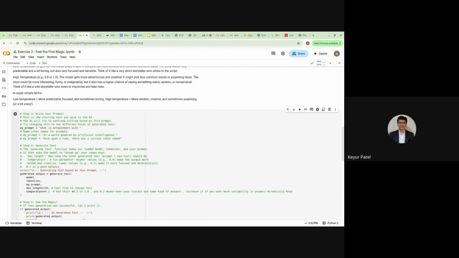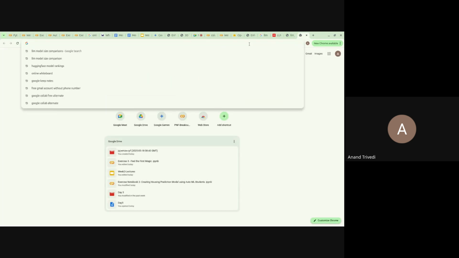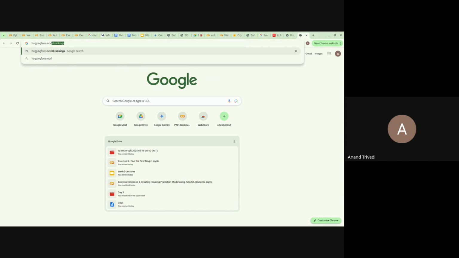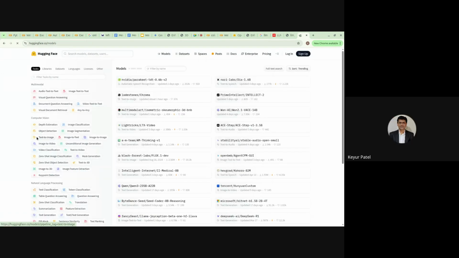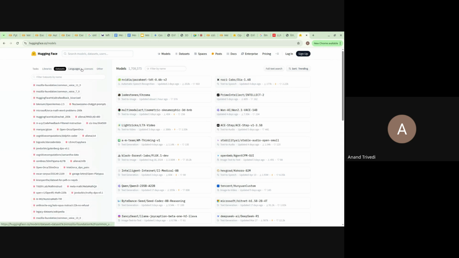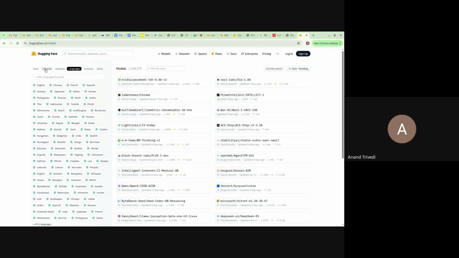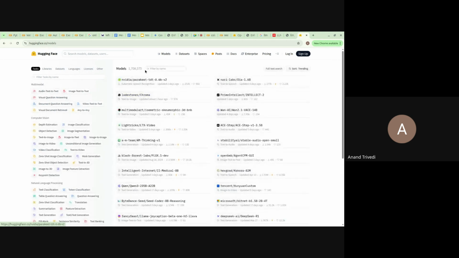So what Anand, I have the same question actually. What you said, right? You slice it, not use the complete model. So where exactly we can find that? How can we decide? Yeah, Hugging Face. You can find a lot of models on Hugging Face. Go to Hugging Face and you see here models, libraries, data sets. You'll find the data sets, languages, and you'll find all of the models, right?